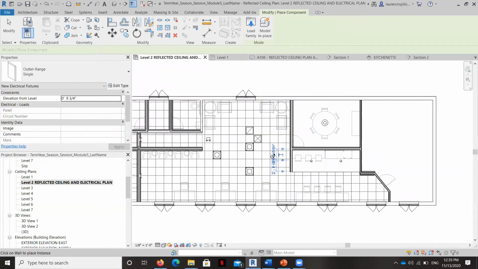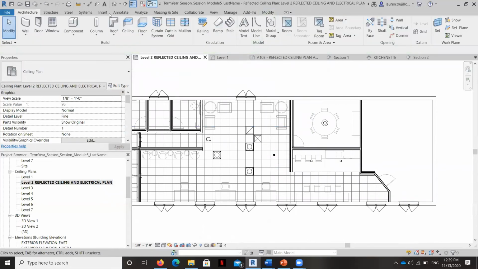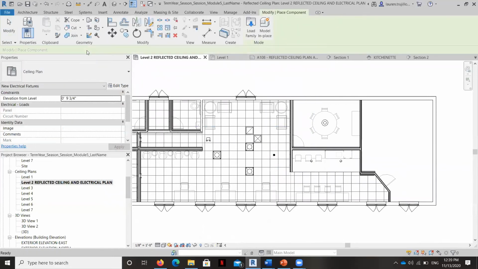Now, you can't see them. And that's because if you go to place a component and you put a range, look at it. This is elevation from level. So it's 9 3/4 inches off of the ground. Now, this is a reflected ceiling plan. So we're only seeing really what you'd see if you looked on the floor, laid on the floor and looked up.